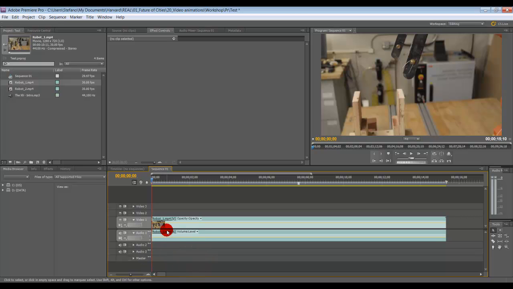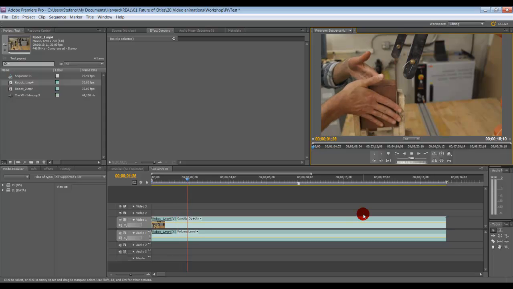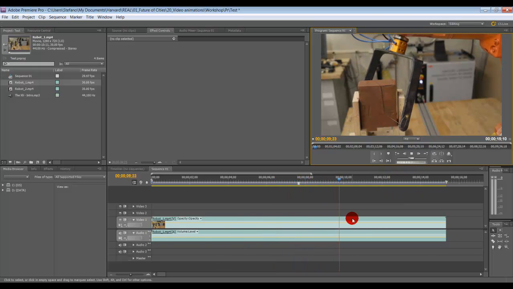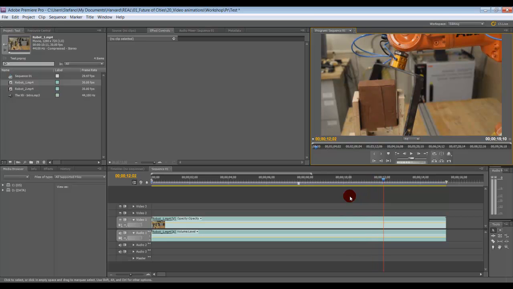So now we see two things. The first one is our video at this video layer, and then we have at the same time the audio which is related to this video. So if we play the video, we have our video running, and then the audio of the robot working. So if we don't want any audio